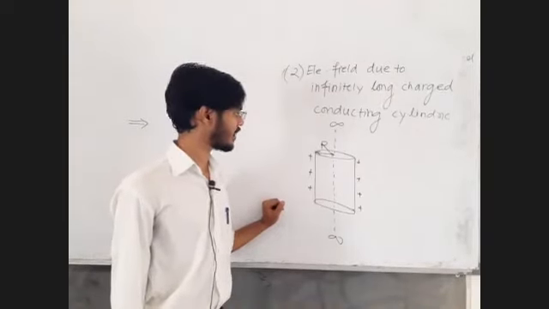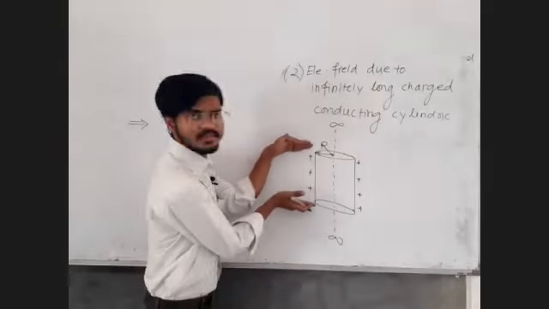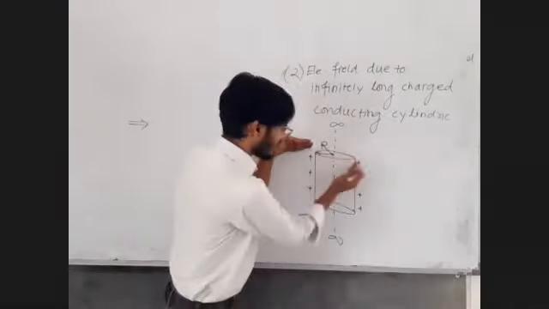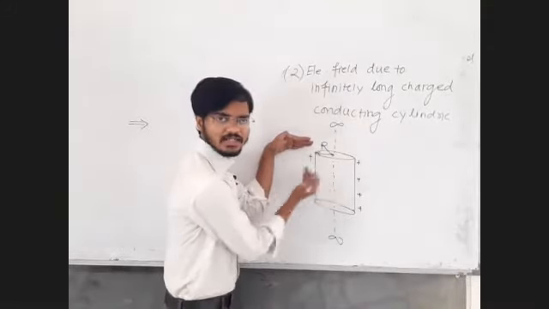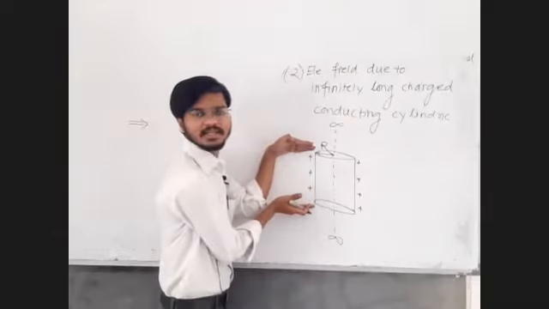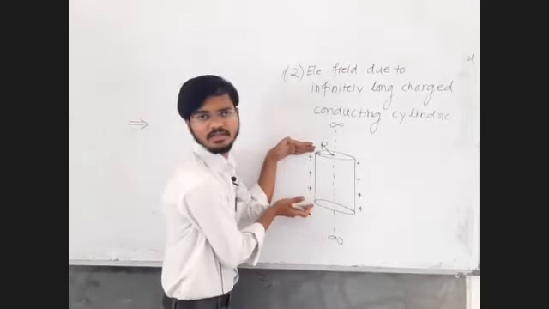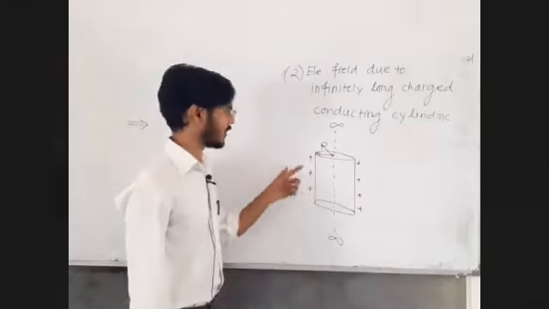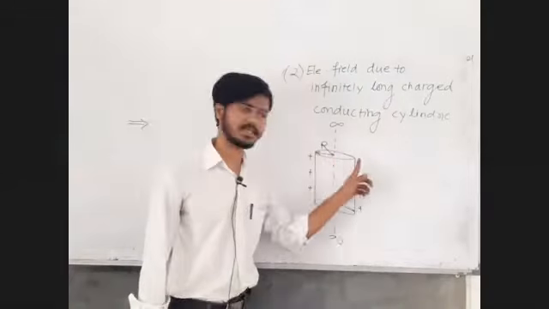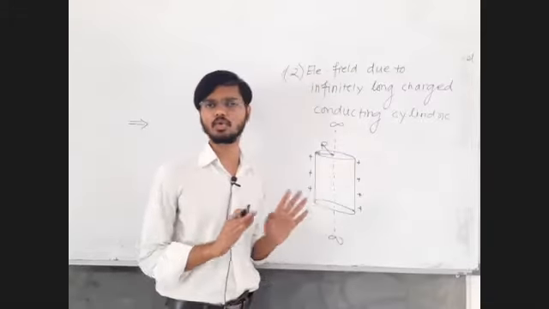So what I would rather suggest is this. I will consider this much length. I will measure the entire charge on the surface upon this much length, so that I can find out the charge per unit length. This becomes easier for me. Of course, you can forcefully find out the surface area and the charge per unit area. That you can do, absolutely, no problem.